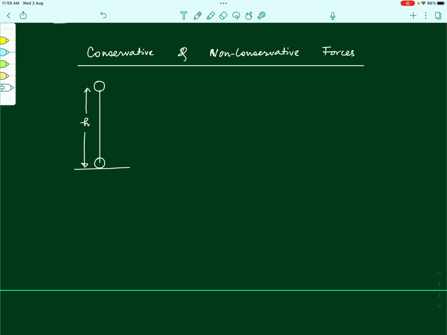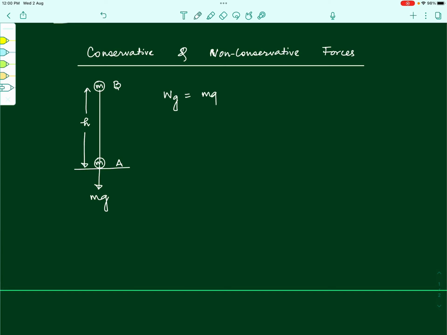Now, in the process of this ball going up from, let us say, the position A to the position B, can we find out the work that gravity will do on this ball? If we assume that the ball has a mass m, can we say that gravitational force of mg is acting on the ball at all times, and in the process of moving the ball from the ground to a height h, the work done by gravity will be